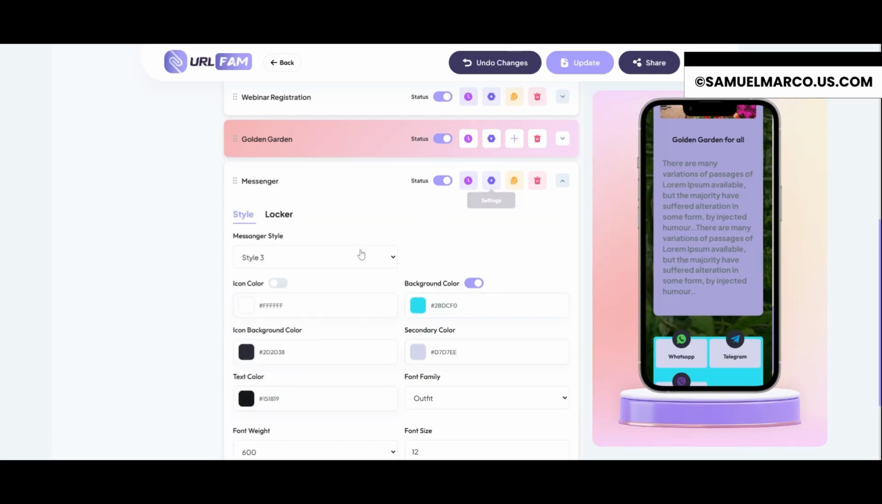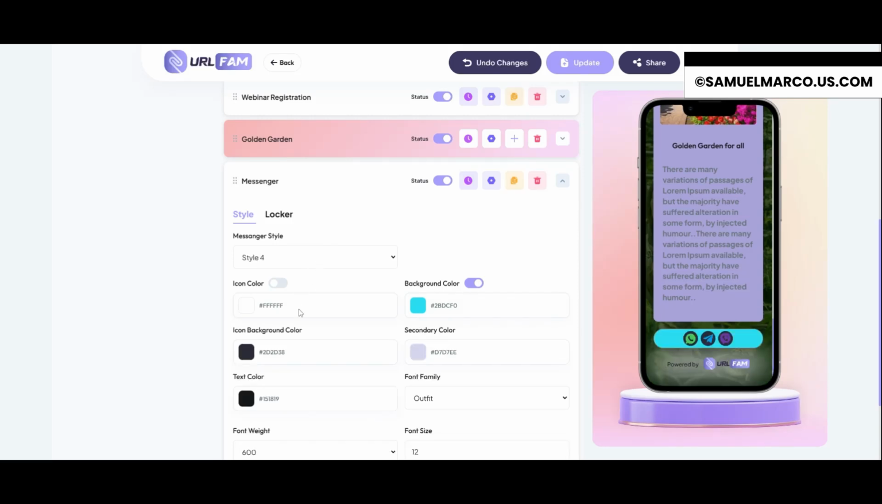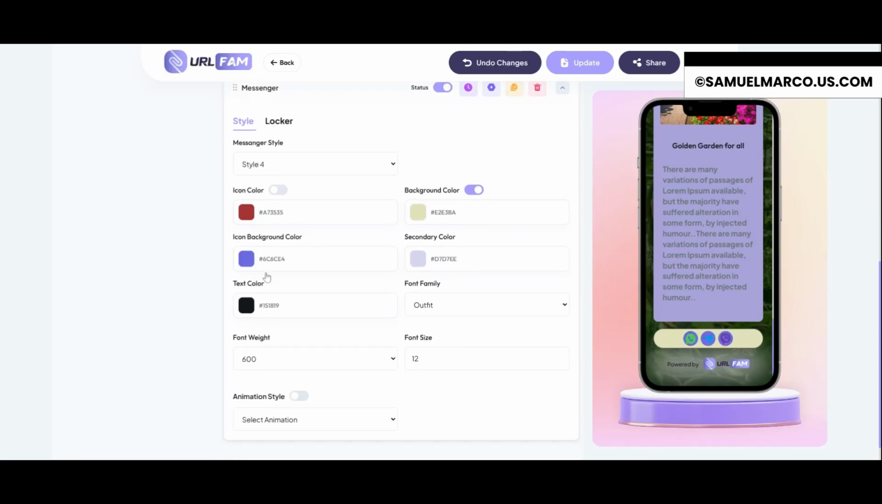So go to settings. You can select the style from the available 4 styles. You can select this is first style, second, third, and this is the fourth style. So I'm going with this one. You can change icon colors. You need to activate this. Currently I'm not activating. You can change the background color, icon background color,